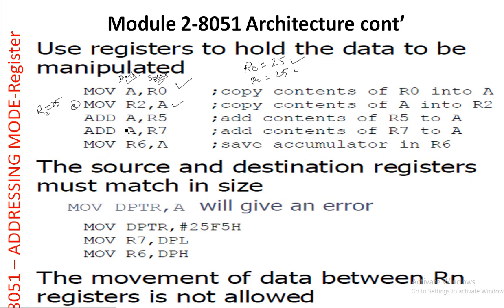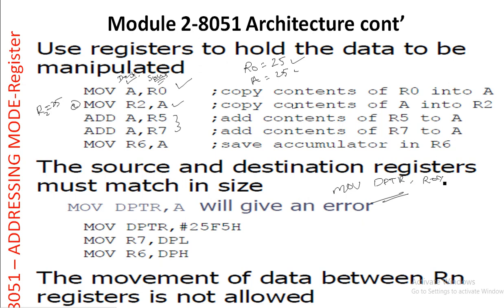Now add A, R5. R5 and A are to be added, and the result will be in the accumulator. We will cover this later. Add A, R7, the same instruction. Move R6, A, also the same instruction. Source and destination registers must match in size, meaning if you are using an 8-bit register, then the source register must also be 8-bit. For example, if you use move DPTR,